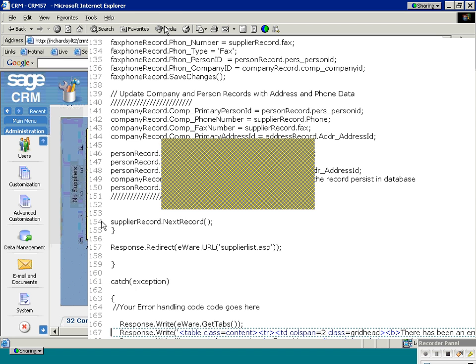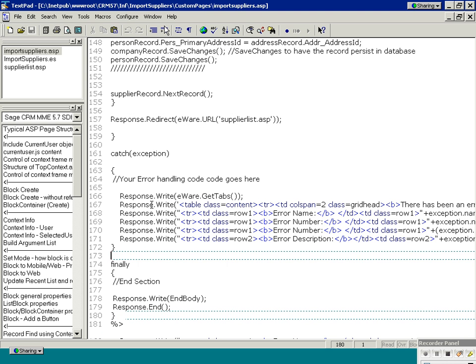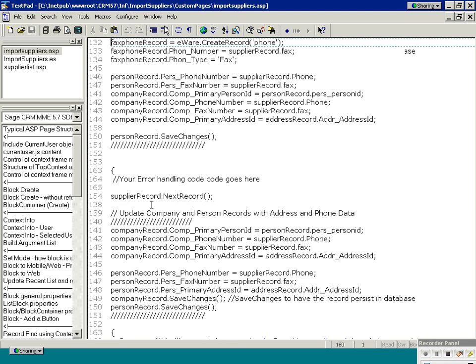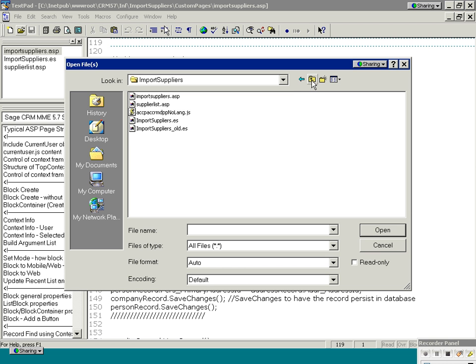Okay, so we're almost at the stage where I can say I've finished the things I wanted to talk about. Because the last thing now is to mention the component that I've built. For this, I'm going to just open up the 2 files that we might have. Looking at the ES file, the import suppliers file, and also the